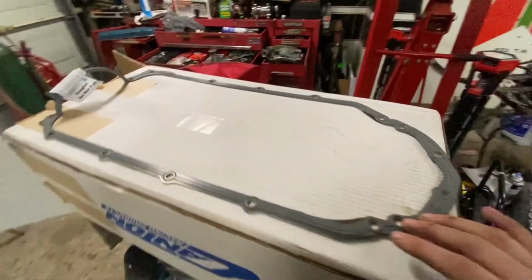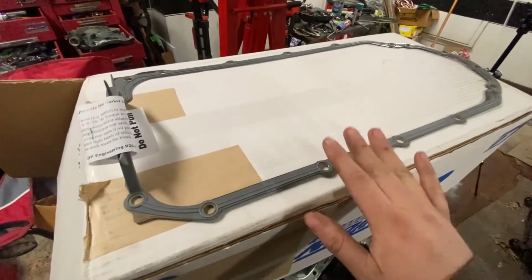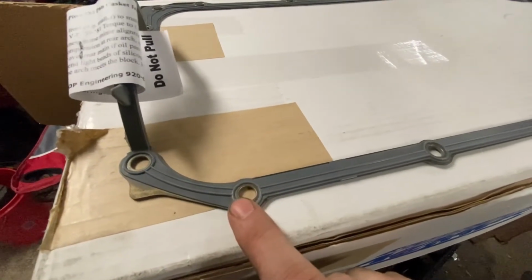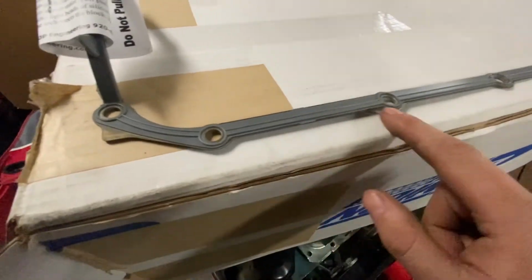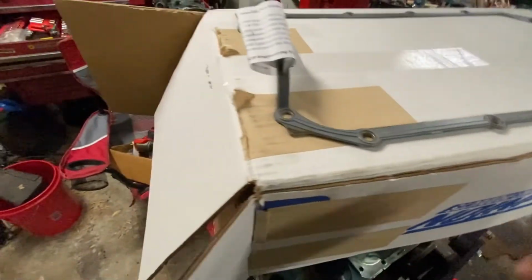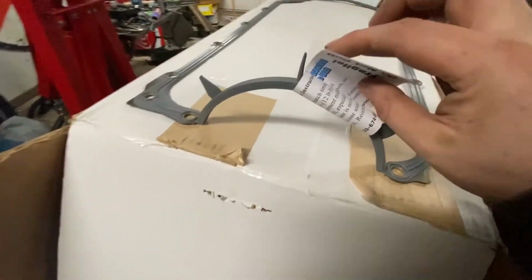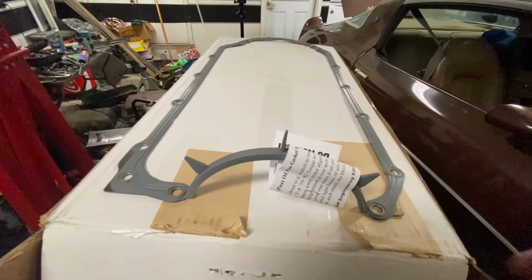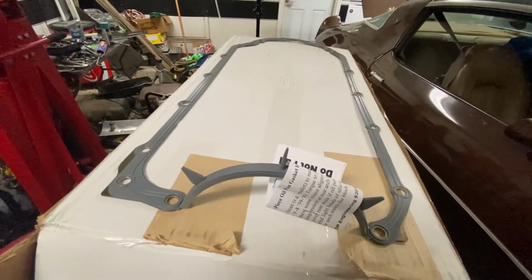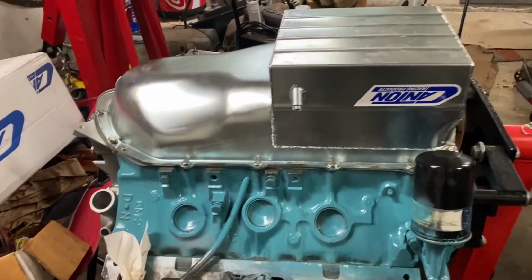But this to me seems like a much better design. Like I said, steel reinforced. Your bolt holes have the steel lining through them also, so that way it won't distort. Now the back is where we had the issue before, where it distorted back here. I'm going to try to be much more conscious about this one this time, so that we don't have the same problem. So I haven't put any RTV black on yet, but I'm going to show you something I like to do,